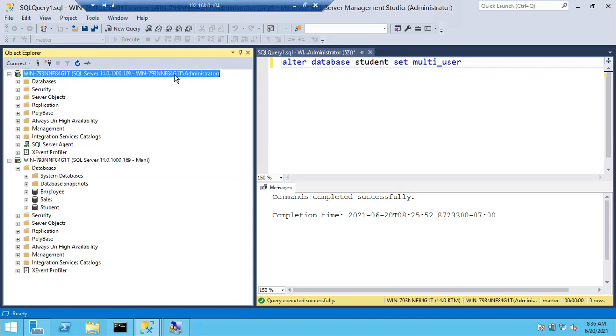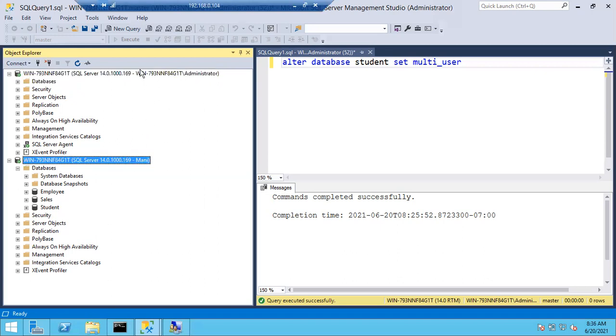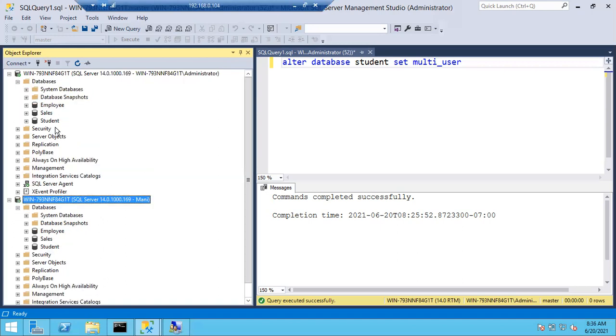Here you just logged in as administrator. Here you just logged in as money. Administrator is having all the access, so he can see whatever he wants and do whatever he wants. Money doesn't have all the access, so he cannot do whatever he wants. He is a restricted user. His access is limited. But the same data will be there.